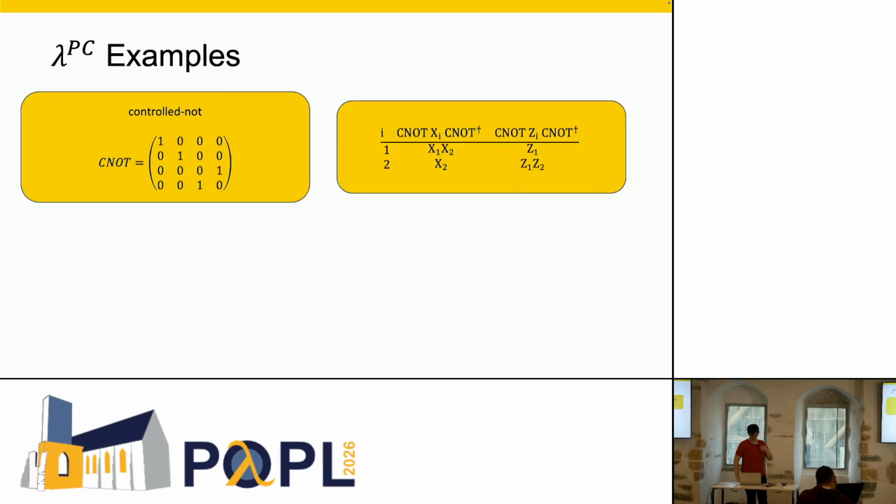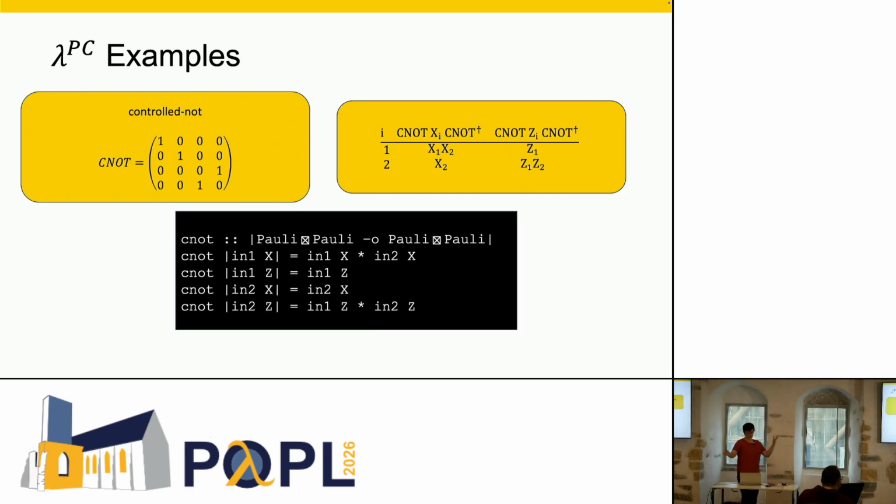Okay, let's look at another example. So here we have a 2-qubit gate, the controlled NOT operation. And once again, we can fill out this little table to see what CNOT does to x1, z1, x2, z2. And we can use that to define our projective Clifford. Now, so far we can basically just translate these tableaux into pattern matching form, which is maybe not that interesting. But once you have this language, this structure, you can do a lot more things.